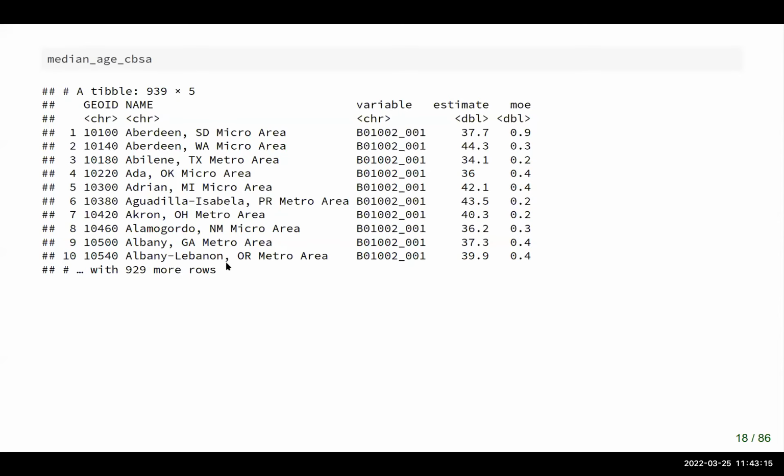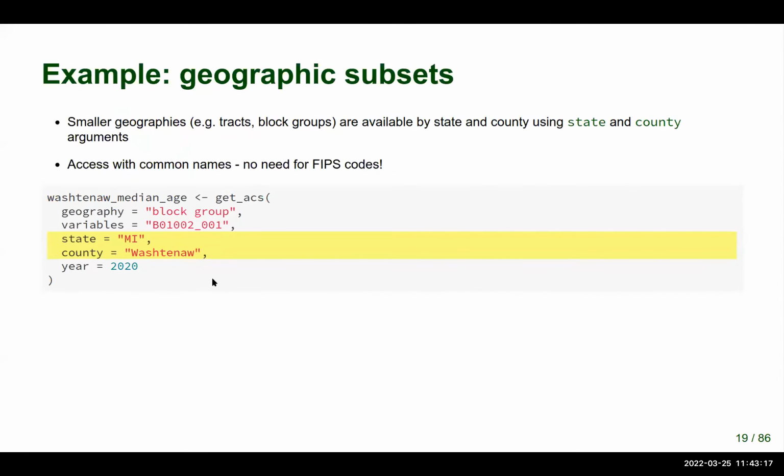We can also grab geographic subsets using state and county arguments. With respect to geographic subsets, oftentimes, say for block groups, you're going to want to get smaller subsets. So in this case, we're going to grab median age data for block groups in Washtenaw County. I specify the geography equals block group, I specify the appropriate variable for median age, but I also can say, give me back data for the state of